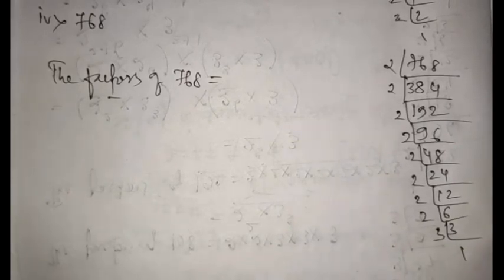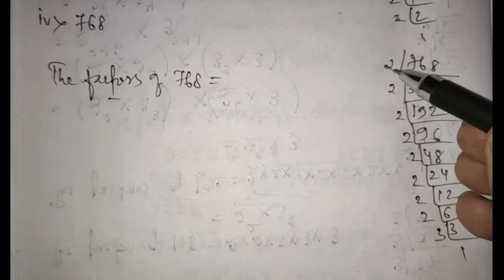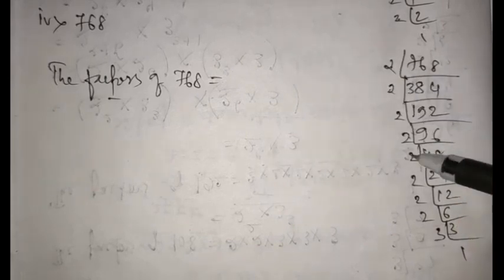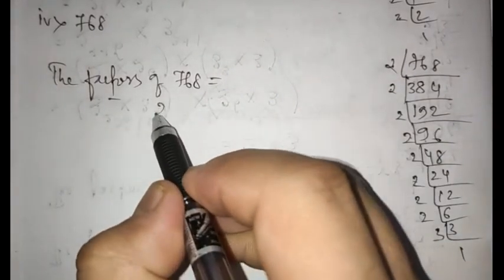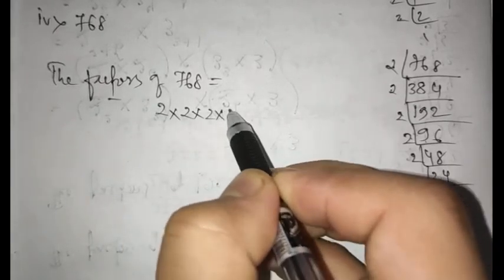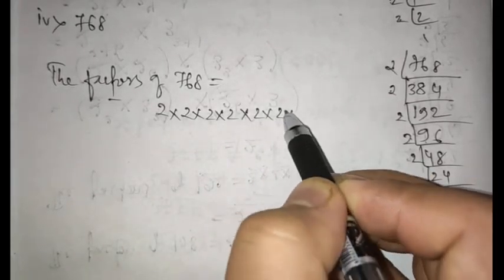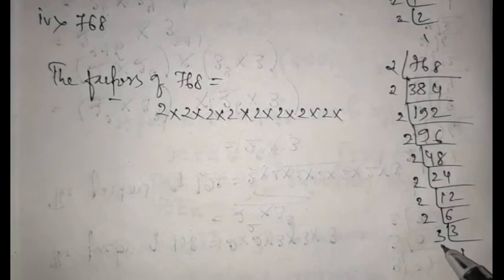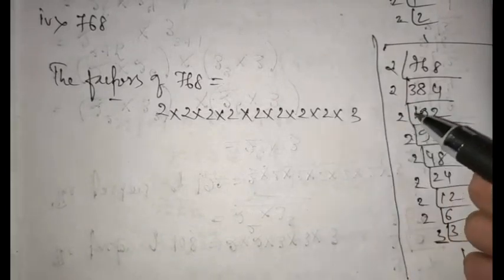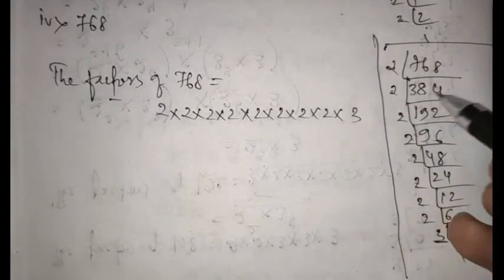Alright, I hope you have understood this. Just see how many times 2 is represented. 1 2 3 4 5 6 7 8, right? So 1 2 3 4 5 6 7 8, and what is left? 3 is also there. Do not forget that. Okay, so this is a rough part. Try to keep this away from the main writing part. Okay, so I hope you have understood this.